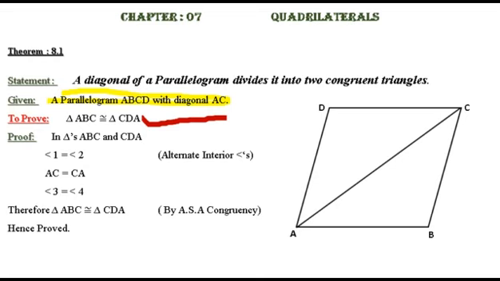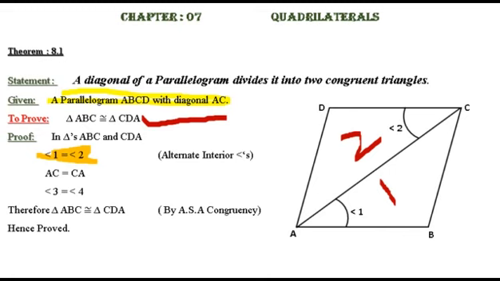I wrote down in triangles ABC and CDA, which is this triangle 1 and this triangle 2, what is in this triangle? Angle 1 is equal to angle 2. So let's see where angle 1 and angle 2 are. Okay, this is angle 1 and this is angle 2. Now the question is, why are they equal to each other? If I have mentioned angle 1 equals angle 2, why are they equal to each other?